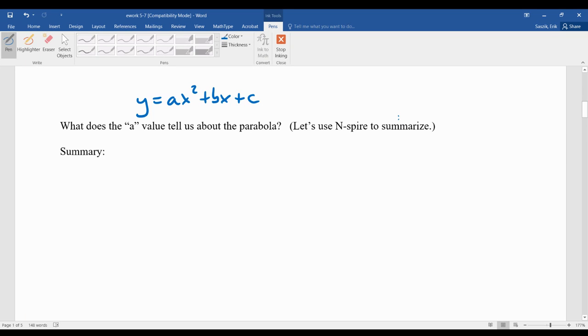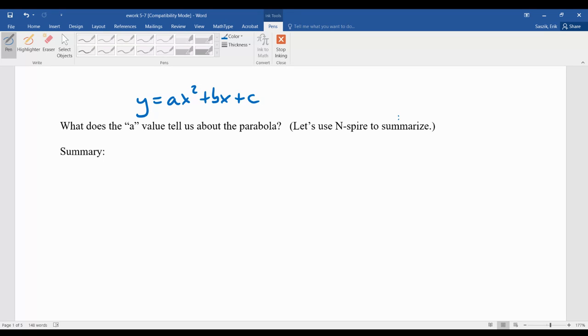And if you remember, in standard form, this constant c hanging off the back, that's your y-intercept. Okay, what we're going to examine now is this number in front. Sometimes it's an invisible 1, but we're going to talk about this a value. What does it tell you